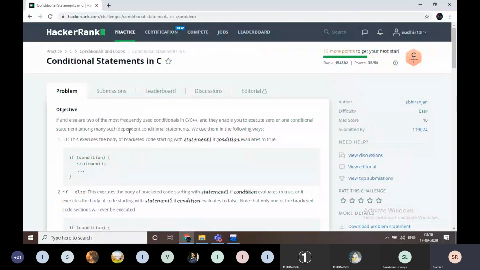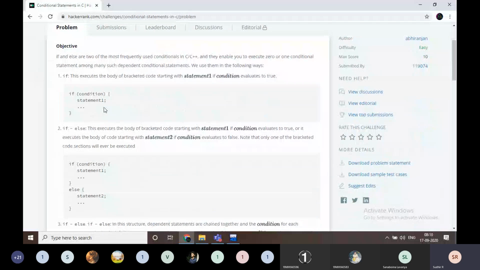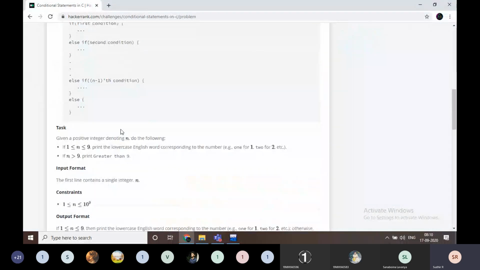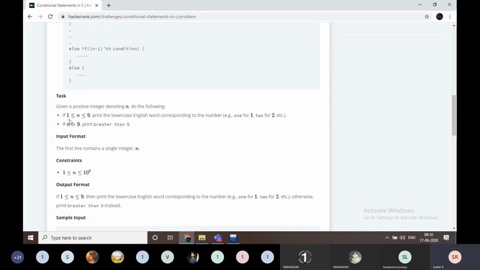Conditional statements in C. If and else, some syntax is there. Our task: given a positive integer n, do the following. If 1 is less than or equal to n and n is less than or equal to 9, print the lowercase English word corresponding to the number.